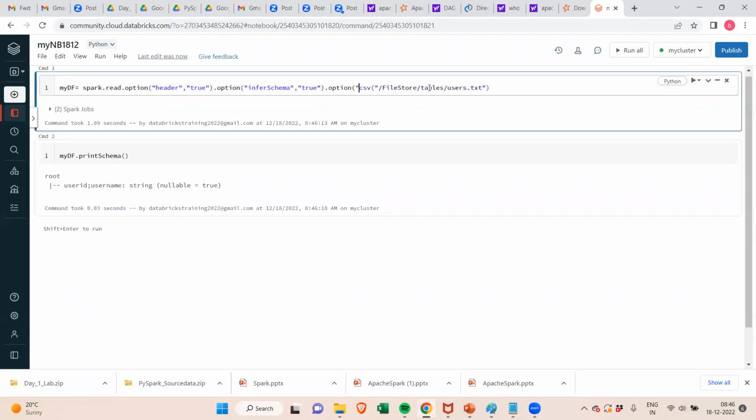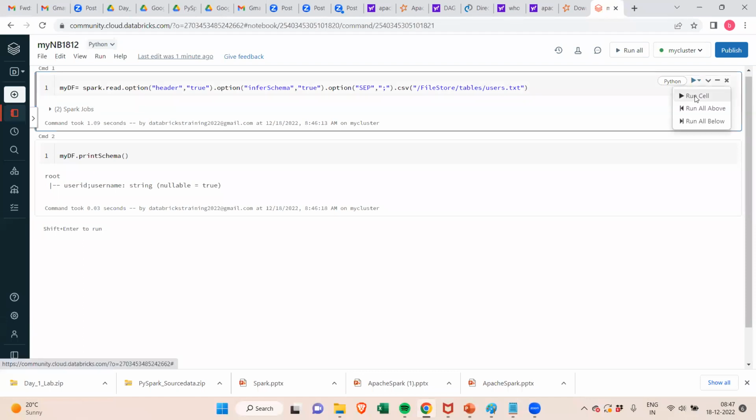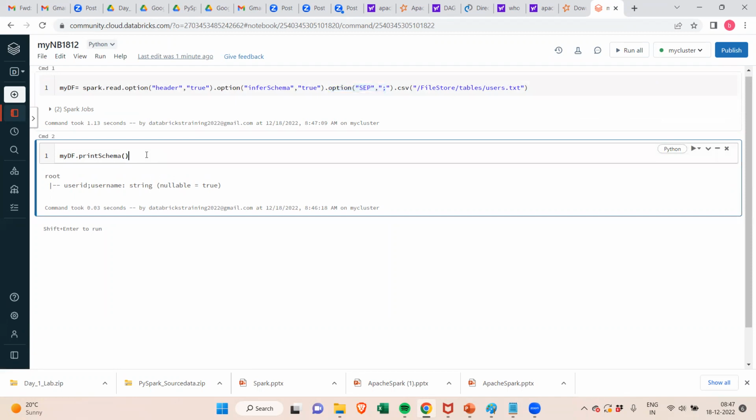Option, inside the brackets, separator. Whatever separator you have here, you have to mention that. Separator is an option, or you can also use delimiter. Option, separator, semicolon. Now when I run this command, you are telling it that columns are delimited by semicolon, and now if you run this one,